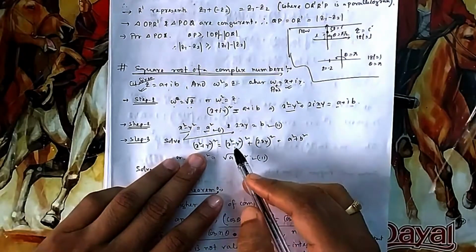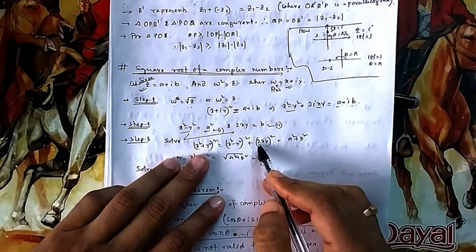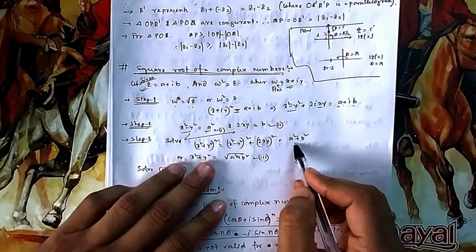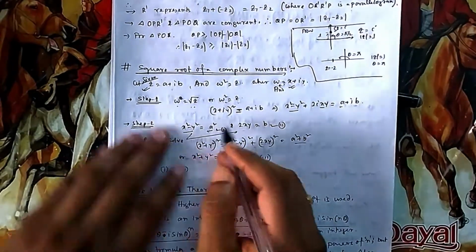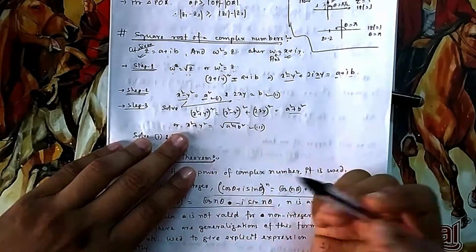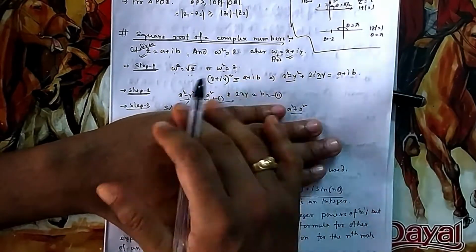a plus b whole squared you can write as a minus b whole squared plus 4ab. So 4ab I have written as 4 x squared y squared, so 2xy whole squared. So you put these values there, it will be this. So once you know this and this, then it becomes easy. Solving 1 and 3 becomes easy because if you add, y squared will get cancelled. You can do it any number of ways. You can replace x, y, whatever, but that will take some time.